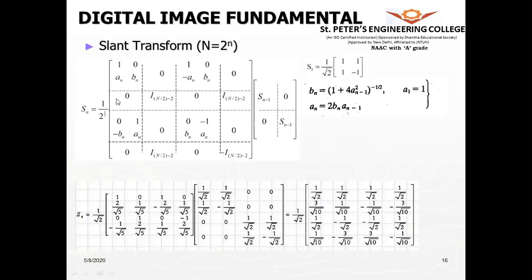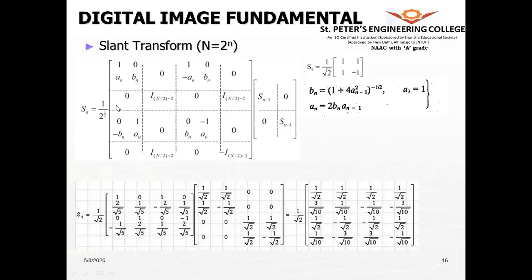If you go to the next row, the first 2 elements will be 0 0, and the next elements will be the first row of the identity matrix of 2 comma 2, because n by 2, where we are taking n as 8, means 4. In that, 2 rows and 2 columns are already accounted for, so therefore it is n by 2 minus 2. So it will be 1 0, and the next will be 0 0, and the next 2 elements will be 1 0.